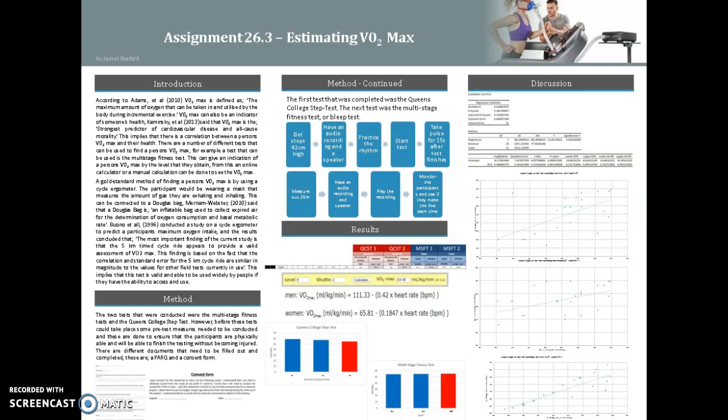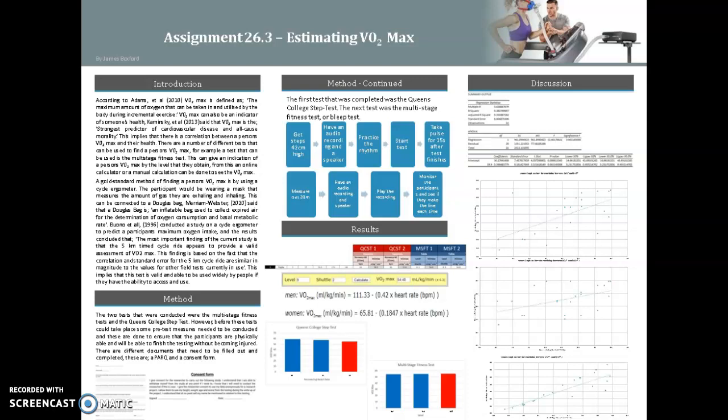So when this test was done, the results of it implied that the test is valid and able to be used. This is, however, using the cycloergometer used with the Douglas bag. People are able to do the other methods. However, the cycloergometer is one of the gold standard methods because the results are valid and accurate, and they're accepted globally, and also the values are very similar to tests that are currently being done by other scientists as well.